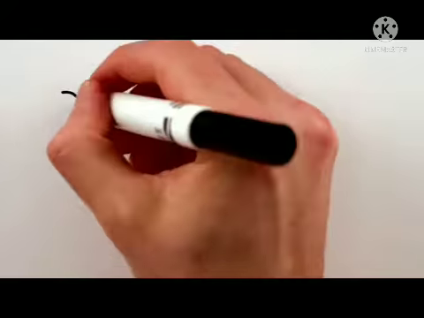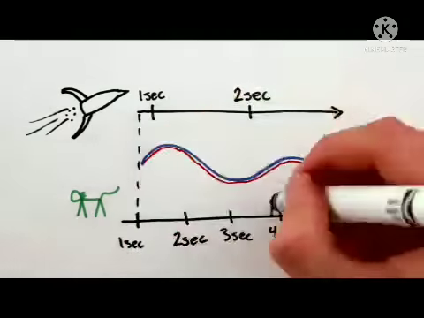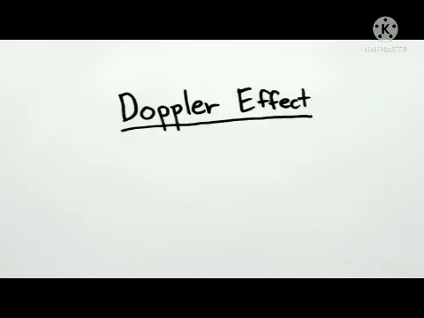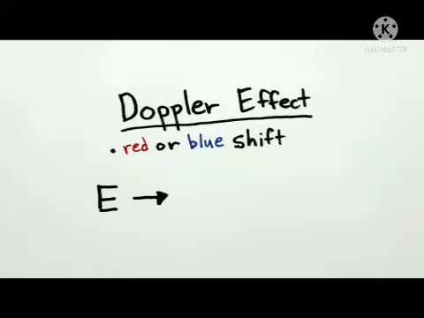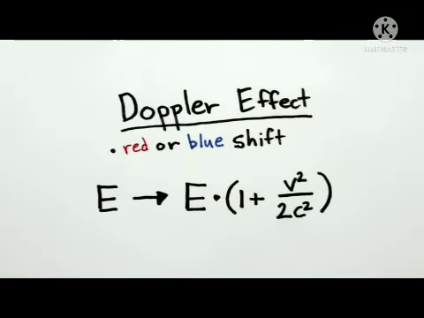And when you see the cat emit the flash of light, you'll again measure that its energy decreases by the energy of the light. Except now that you're moving, special relativity tells us that time passes at different rates for you and the cat, so you'll measure a different value for the frequency, and thus energy, of the light. This is the relativistic Doppler effect, and for our purposes, it amounts to multiplying the energy of the light by 1 plus your velocity squared divided by twice the speed of light squared.